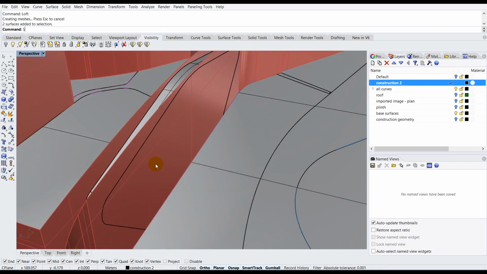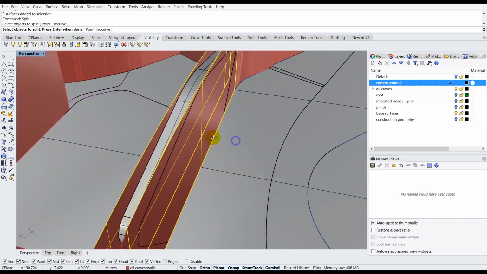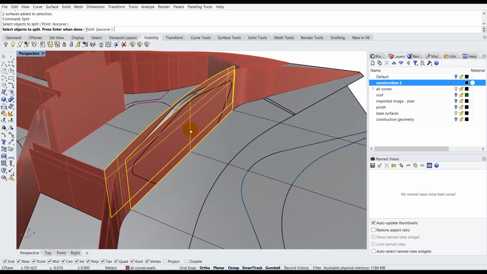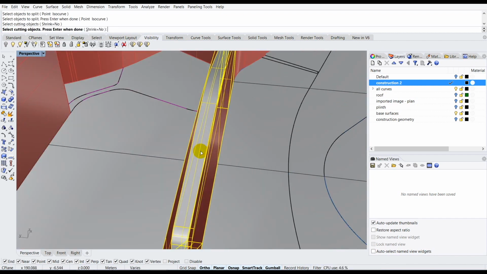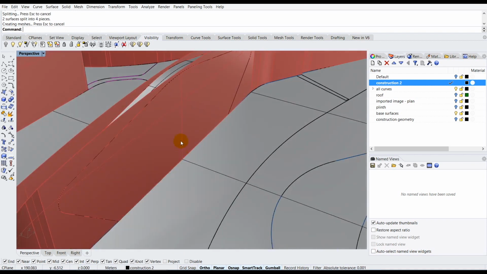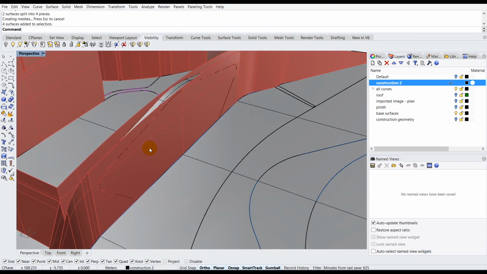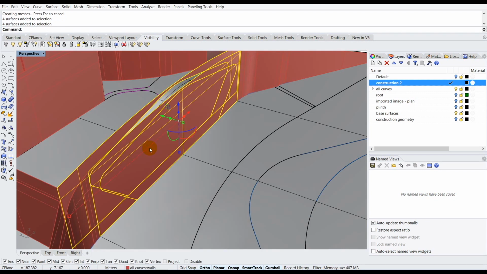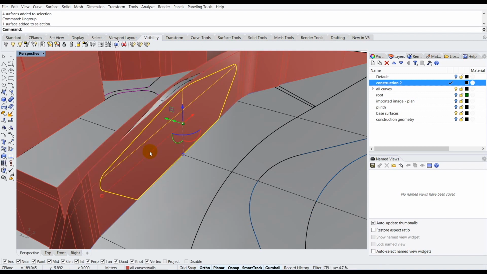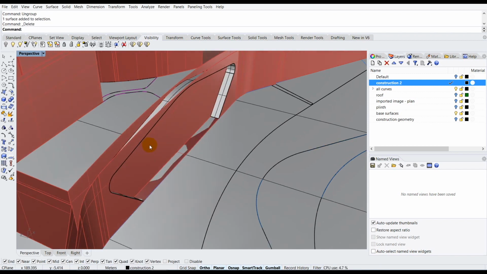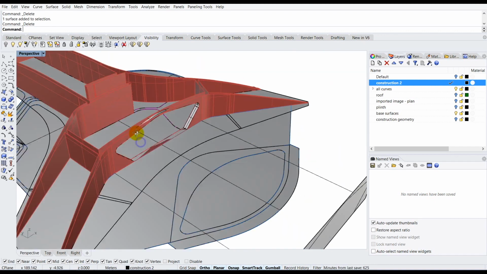So you can type split and press enter, and you can select the group of walls that you want to split and press enter once again. And for the cutting objects, you can select the lofted geometry and press enter once again. So now you can see that we have split up our wall geometry very precisely, and now you can ungroup your wall: select the group and type ungroup and press enter once again. The walls will be ungrouped and you can delete these particular faces in this manner. So once you have deleted these faces,